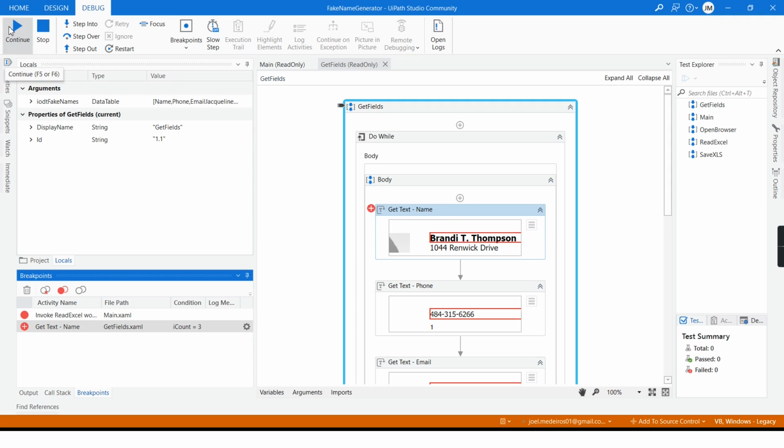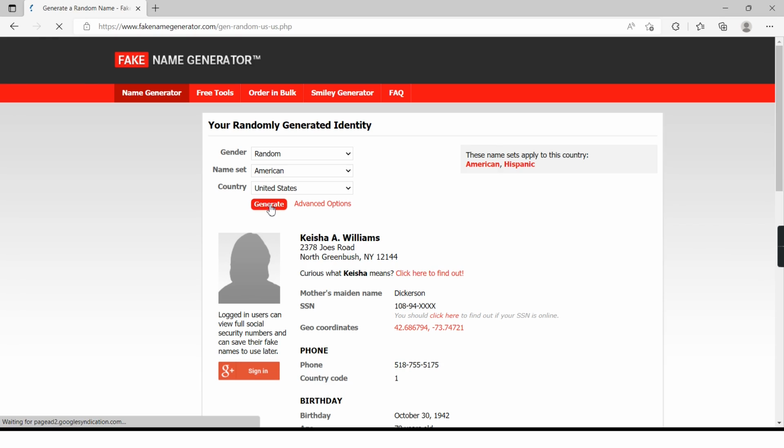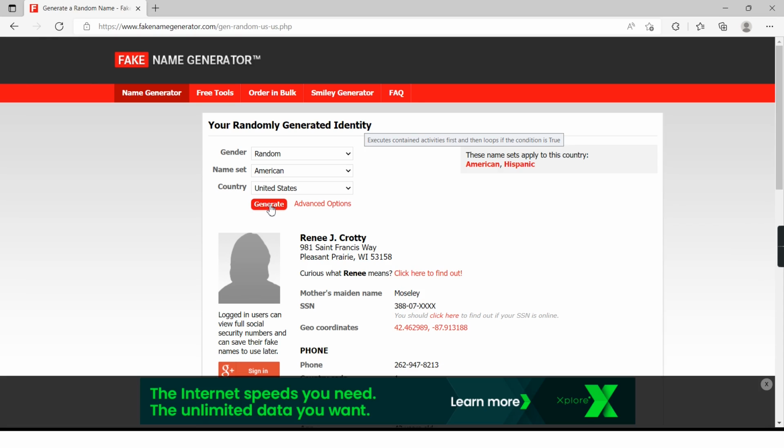Now I'm going to hit continue, and my automation will keep working until my condition of this breakpoint is satisfied. Notice that the names are changing because the automation is working.